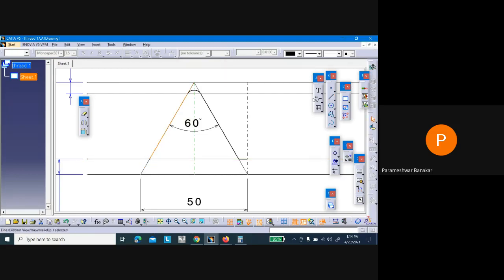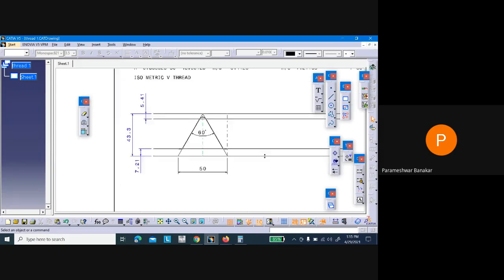Again from here, extend your thread a little bit up to this reference point. Like this. Now you can see the dark line, whatever you have, this is called the thread. So now we have drawn one thread.